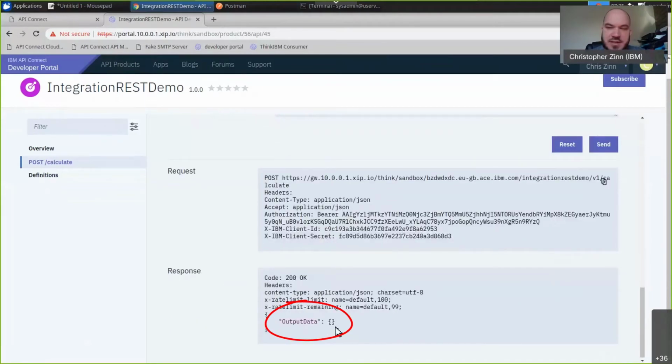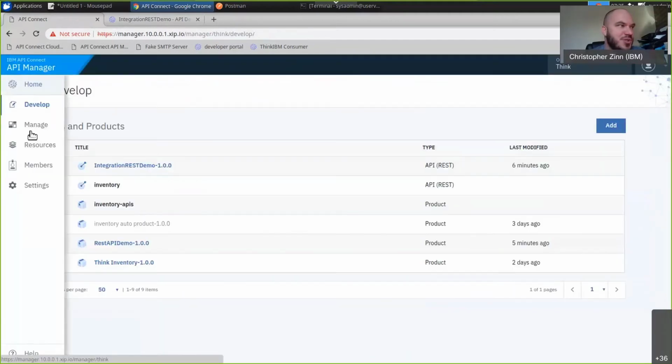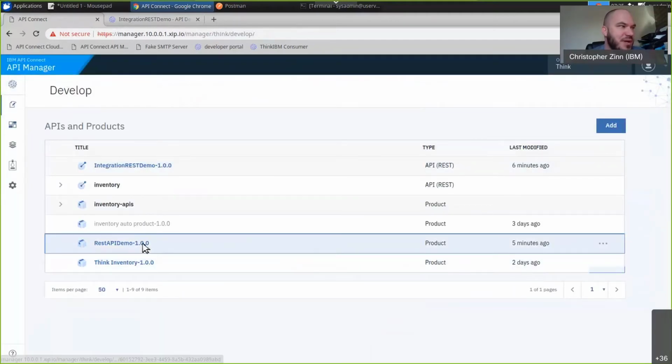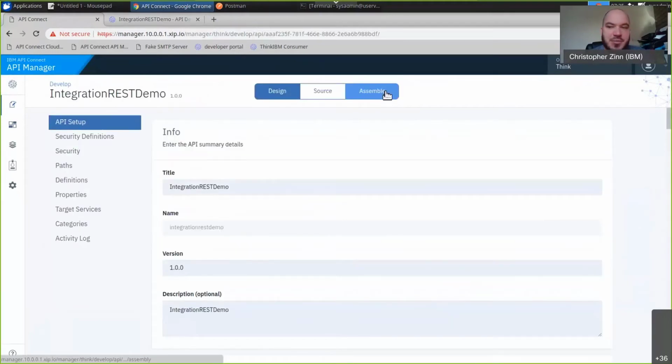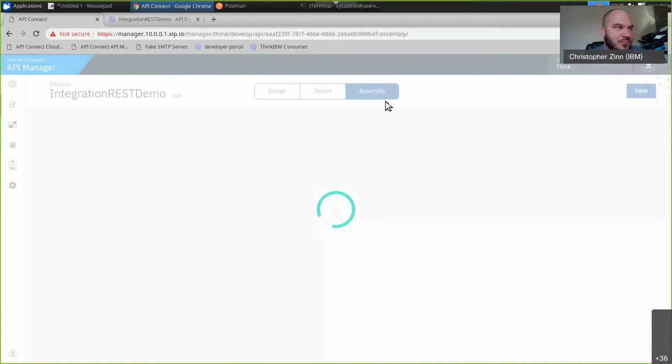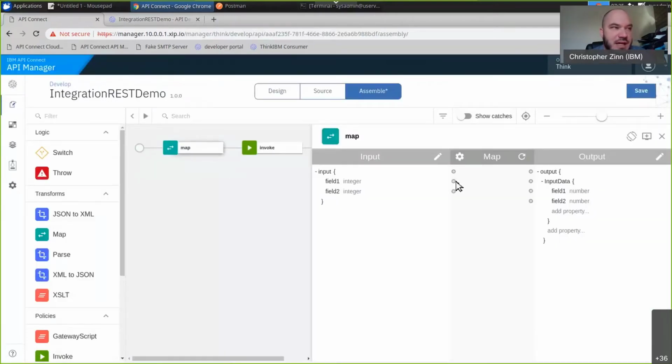Oh, issue with the output data. Interesting. Does anyone know what we did wrong? We added a mapping, but did we map it? No, we absolutely didn't. So let's go back to our REST API integration demo and go to our assemble. One of the advantages that this mapping node actually gives you is this ability to natively drag and drop our fields, right? It's not good enough to say that we're creating data objects. We've got actual drag and drop capabilities here. Let's save that